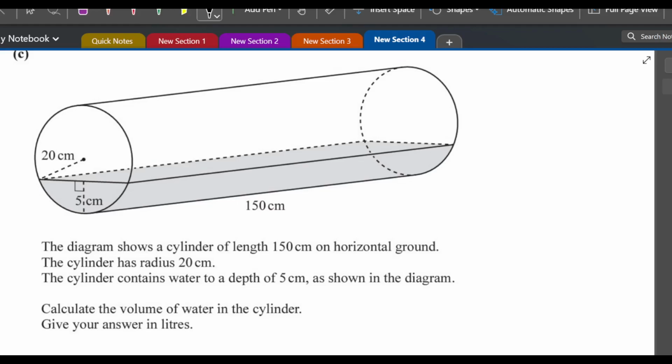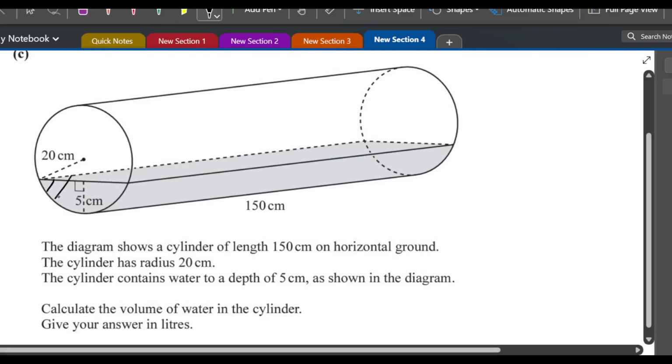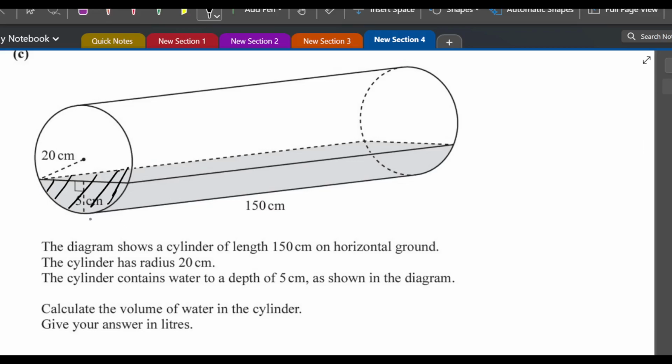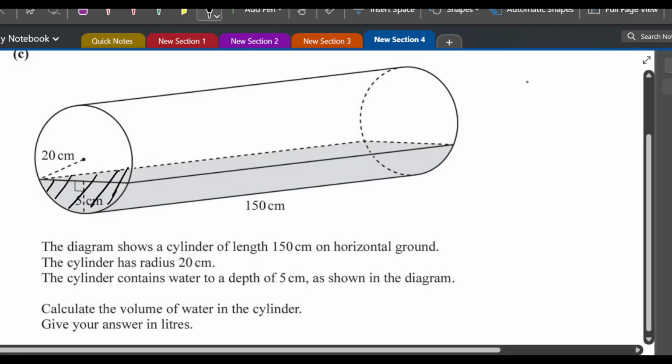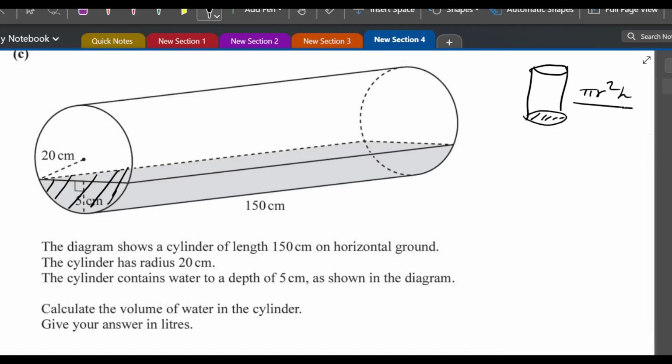Okay. So in this problem, if you are able to find out this shaded area, then it's simple. Then simply you have to multiply this area by this whole length and you will get the volume. Volume is always your cross section area multiplied by height. In case of cylinder also, you know that your volume is pi r square h. So how does it come pi r square h? Because pi r square is area of this cross section and I multiply it with h,